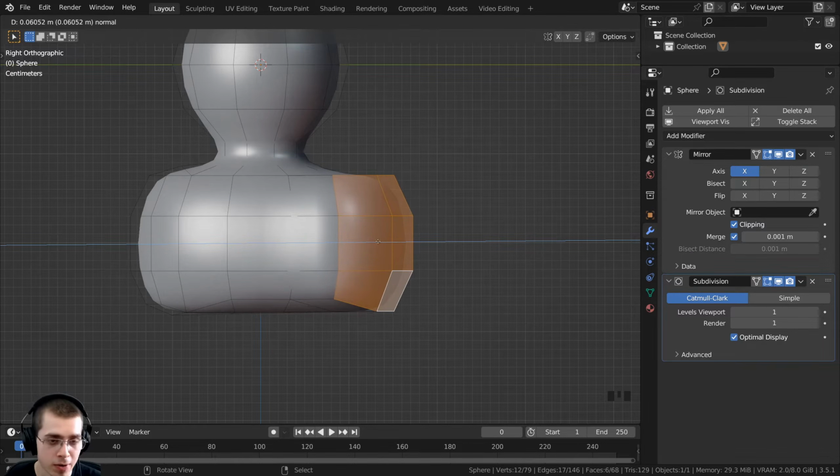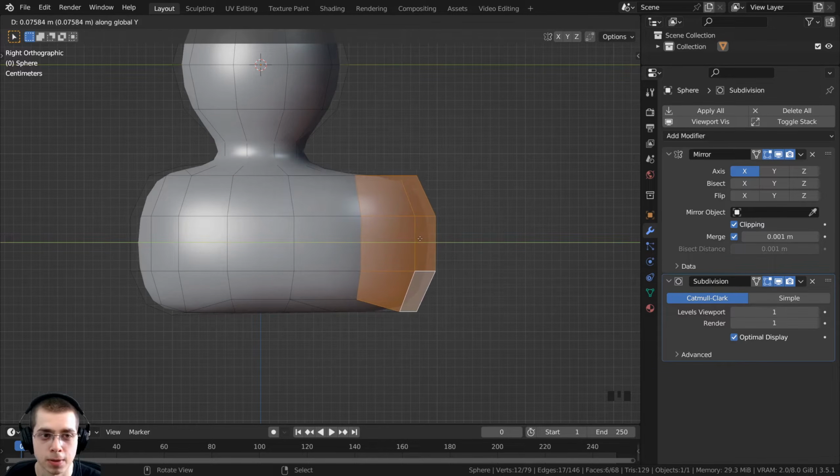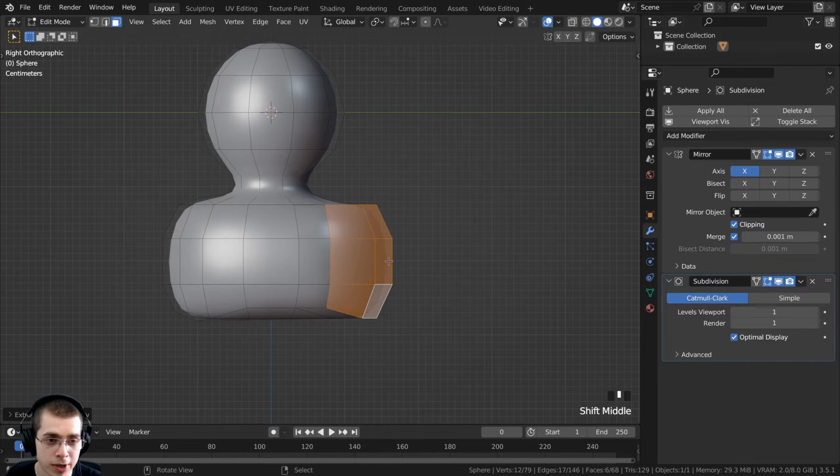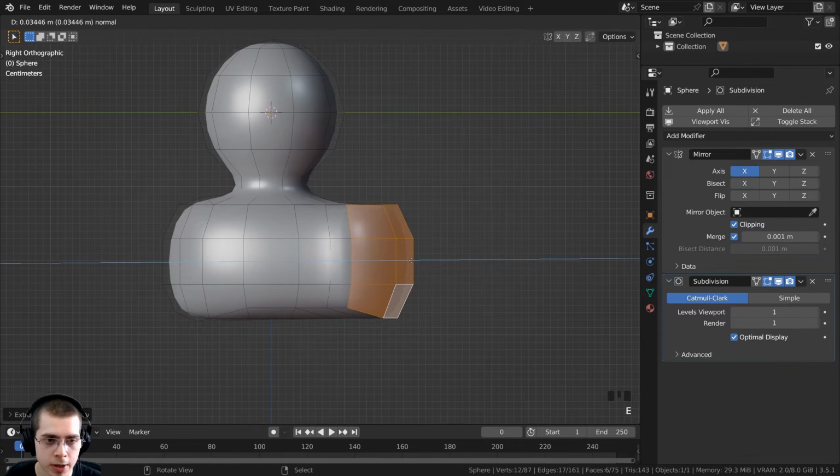That's what it's doing right now. I want to extrude it straight back. So I'm going to hit the Y button. That is going to bring it out on the Y axis, so I can just bring it back and I'll place it there. Then I'll press E to extrude again, and again I will hit Y to bring it back on the Y axis,